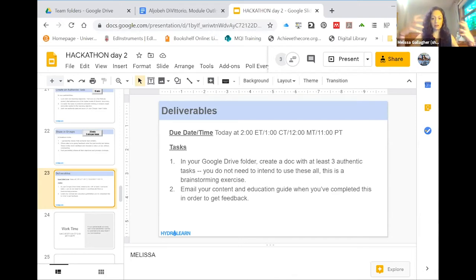And so you'll get at least 3 authentic tasks out there. And then you might decide that 2 of them really aren't as good as the other and you're going to just pick one to go with. Or maybe you like all 3 and you want to use all 3. But the objective is to brainstorm and get the ideas out there and then pick at least one. So in the afternoon session, we'll pick one to move forward with and create a learning activity for. Okay, thank you. You're welcome.